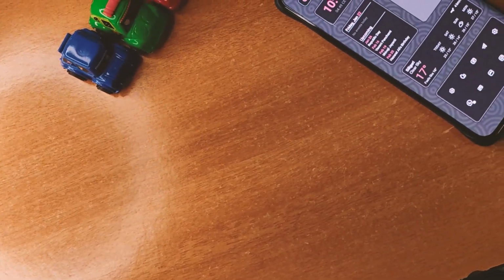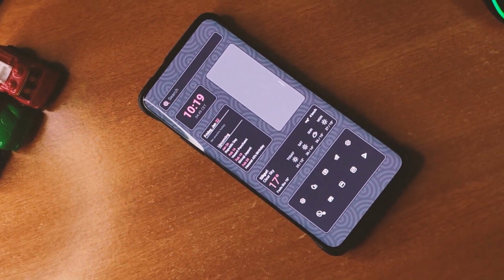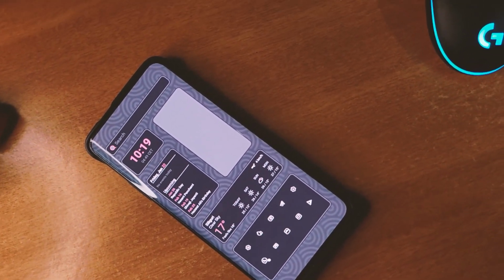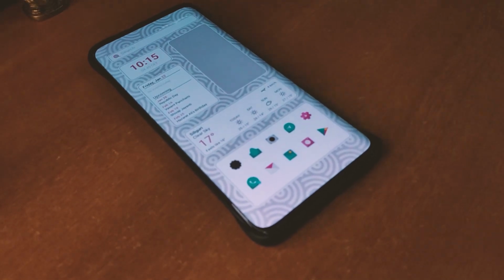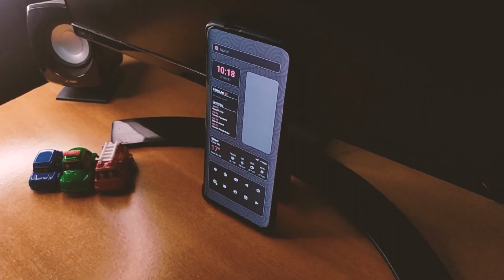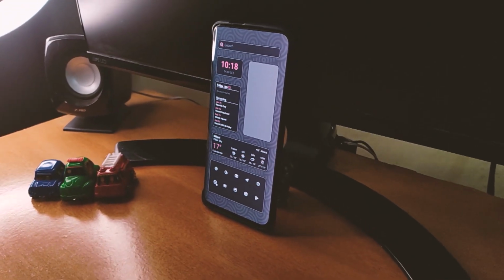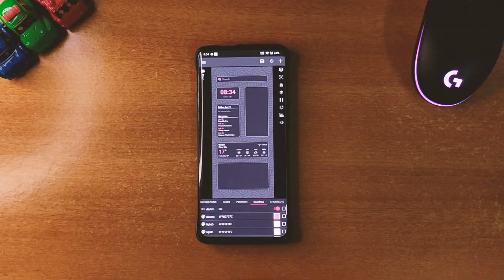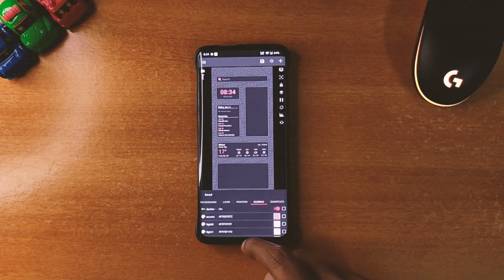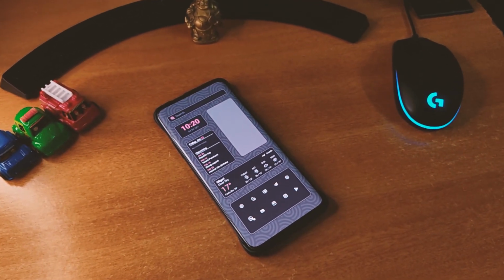The next theme is called Grapefruit and it's also a single page setup. It's a very simple theme with all the necessary things that you need. You can arrange your app icon according to the theme to make it more productive as I have done here. There is nothing so much special about this theme, but overall it gives your phone a fresh look and you can also toggle the theme between light and dark as you can see here. So if you like the look of this theme, you can give it a try for free.